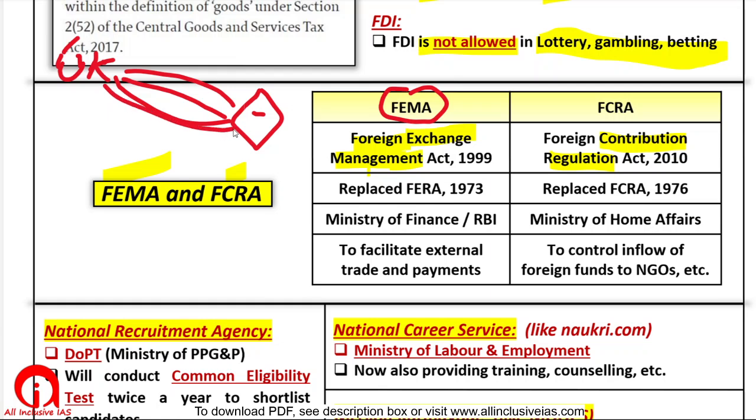So such transactions are managed under the FEMA Act, okay, because we don't want volatile rupee. Suppose currently the rupee dollar exchange rate is 75 rupees for $1, right? So now government, there is partial convertibility of rupee. It is not that today you take thousands and crores of rupees and say I want to convert it into dollars. You can't do that. There have to be some regulation because otherwise there will be high fluctuation in this rate. So such management of foreign exchange is managed obviously by the Finance Ministry or the RBI. Fine, that is the purpose of this act, to facilitate external trade and payments.